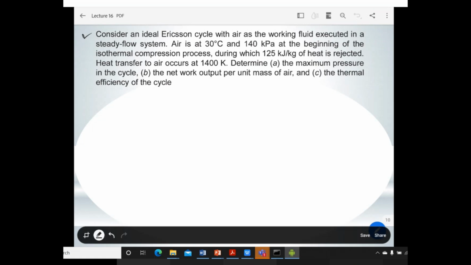So Q34 is known to you, and heat transfer to air occurs at 1400 Kelvin, so the highest temperature is also known to you. You have to find the maximum pressure in the cycle, T4, the net work output per unit mass of the air, and the thermal efficiency of the cycle. So you have to note down the